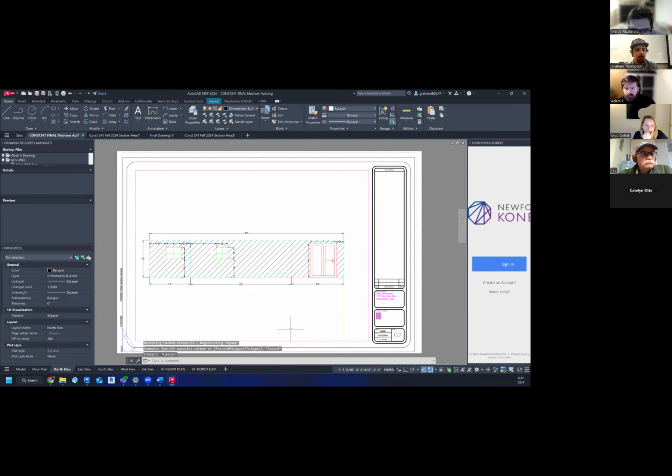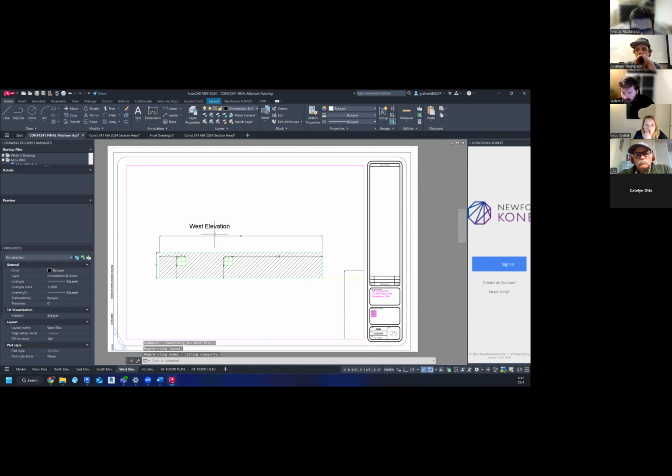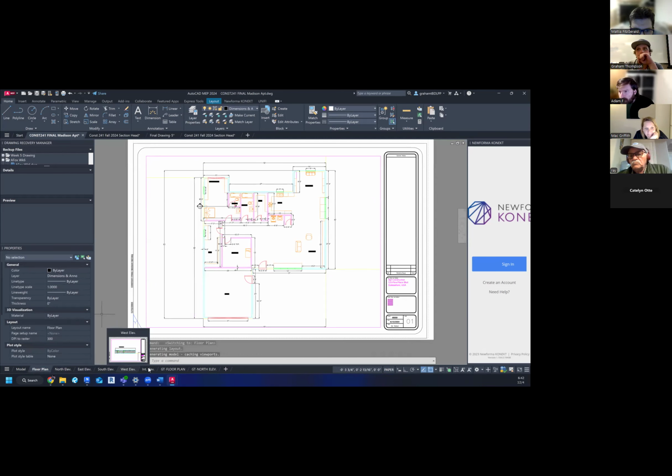My job is to look at it and understand what's going on. So having stuff like that where that north elevation, west elevation's on there, so when I click on it, I see it. It's nice and convenient. So that's one thing, is the names. And then I would like your sheets to be numbered. Okay. The reason being is